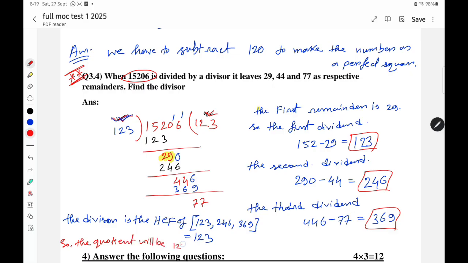So the divisor is 123 and the quotient is 123. The question is to find the divisor. So this is the answer. So in this type of question, from the given remainders, we have to find the back-to-back dividends, and then by HCF we get the divisor. Okay,